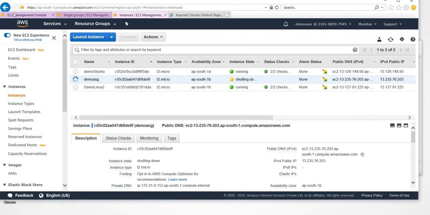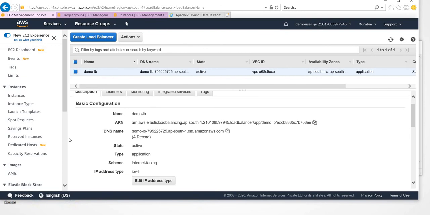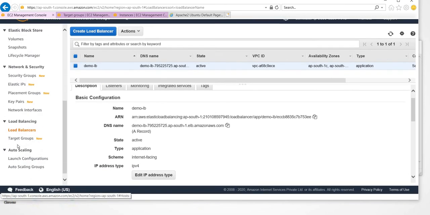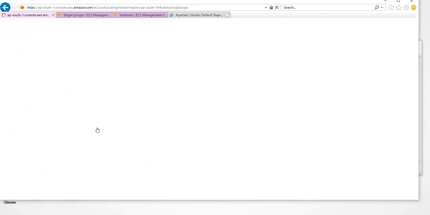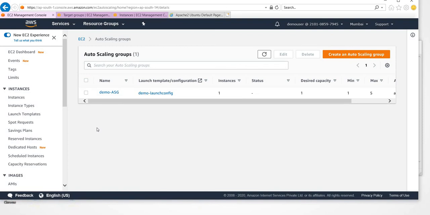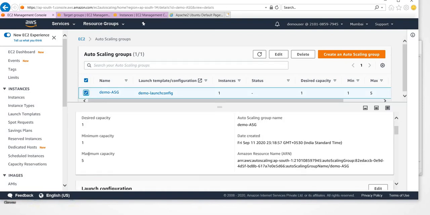Okay, so now what is happening is we are breaching the condition. What is our condition? At least one instance needs to be contributed. That is our condition, right? If you go and see in this auto scaling group, we have given the minimum instances as one, which means at least one instance from your auto scaling group should contribute to the auto scaling target group. So this condition got breached.